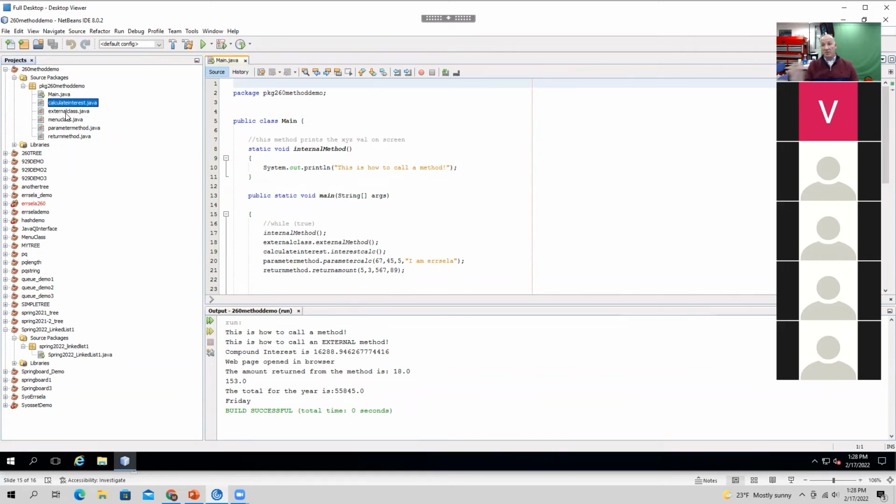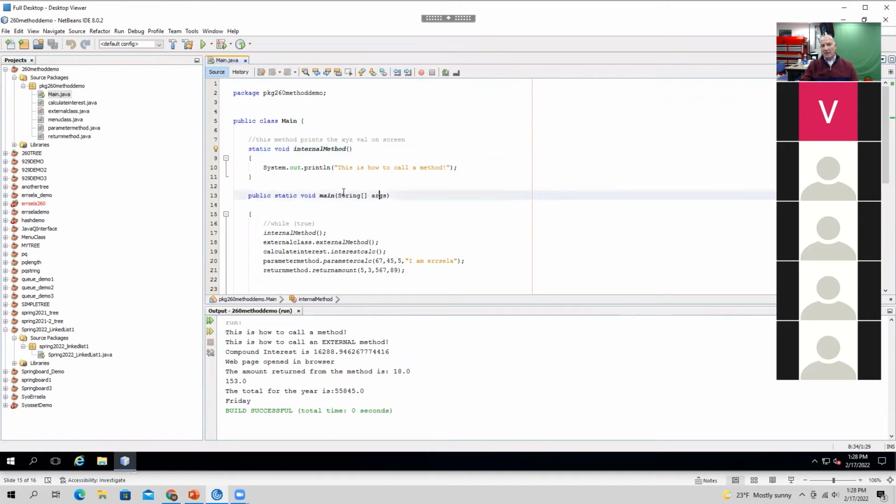Okay, so let's take a look at methods. I just mentioned that, now let's see what that means. Inside the Java project, we have a Java package. Inside the Java package, we have Java classes. Inside of a Java class, we have methods, and every time we create a method, it becomes part of the class. Inside that method, we work with objects. That's the hierarchical discussion of Java as a language.